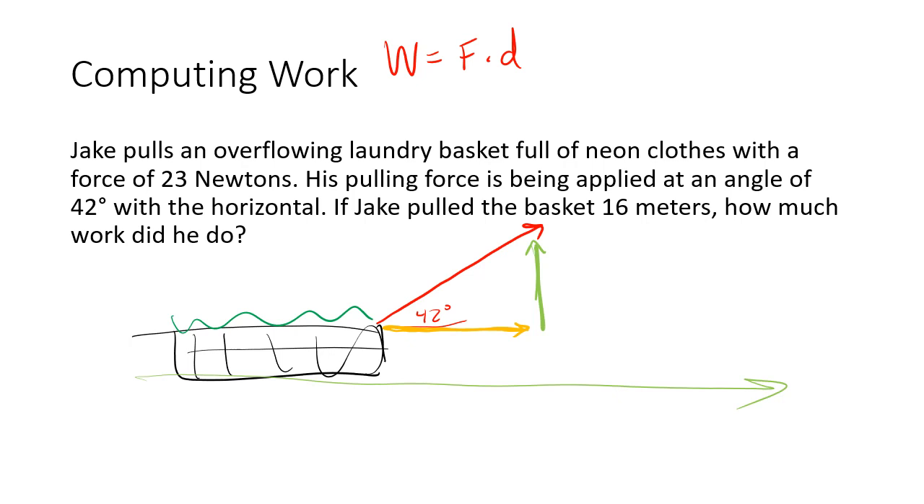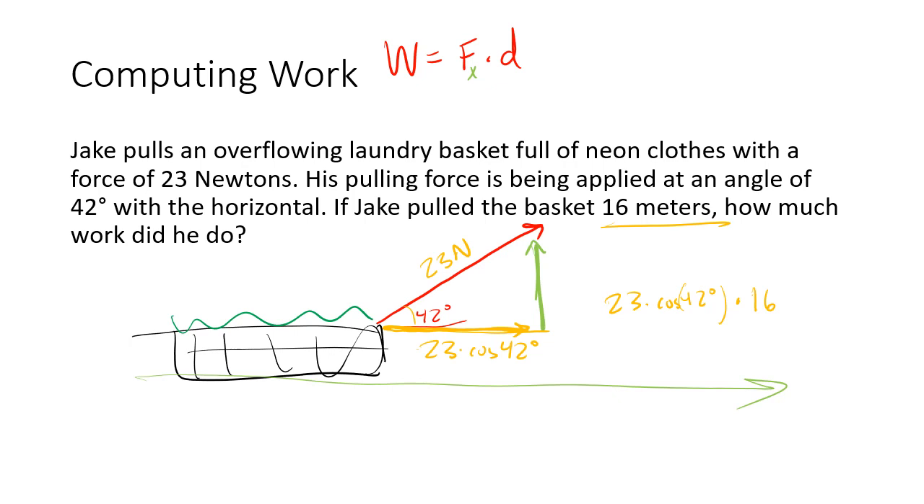So we need to know what this force in the x direction is. Well, from the previous examples, it should be pretty clear. This is 23 newtons being pulled here. So we know that this would be 23 times the cosine of 42 degrees. And if it's going 16 meters, all we need to do is say 23 times the cosine of 42 degrees. That's the amount of newtons being exerted in that direction, then times the distance of 16